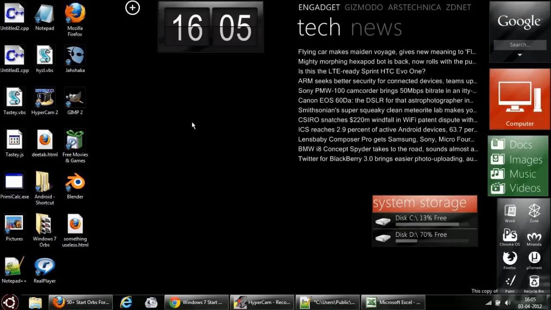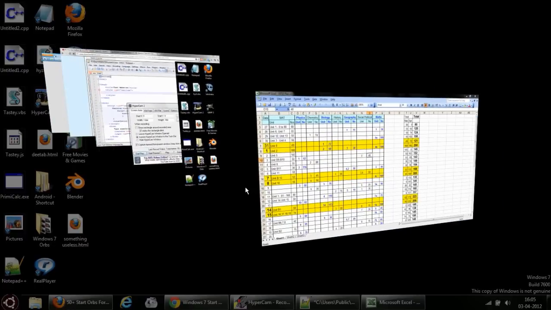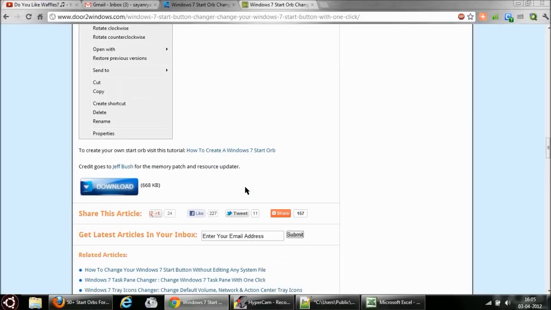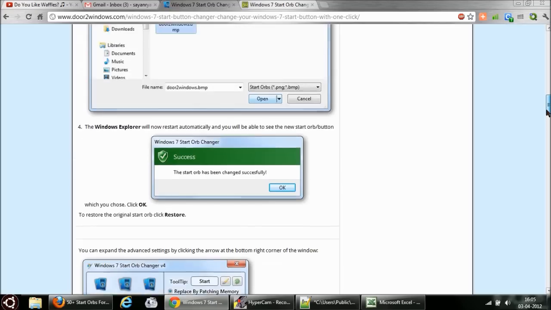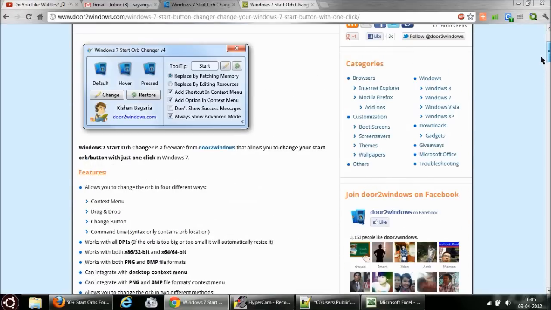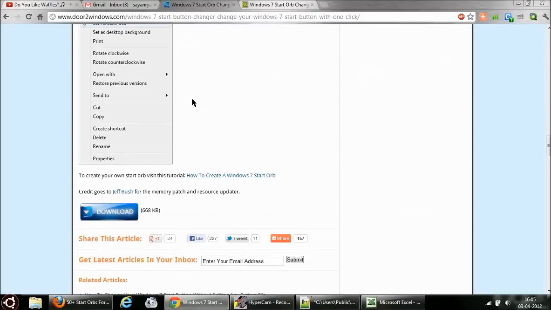You don't need to hack some files or do some nonsense like that. All you need to do is download first the application I used for it. You go to this website, it'll be there in the description, and you'll see something like this. Startup changer and all that. You can skip this part because that's the actual tutorial given by them, and you can download it over here.